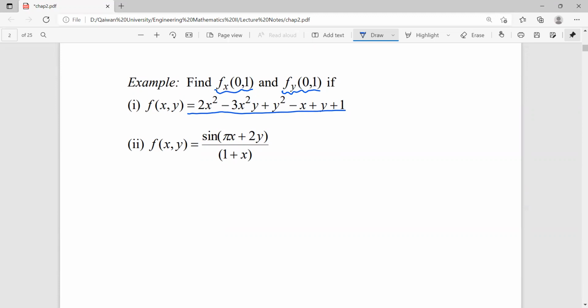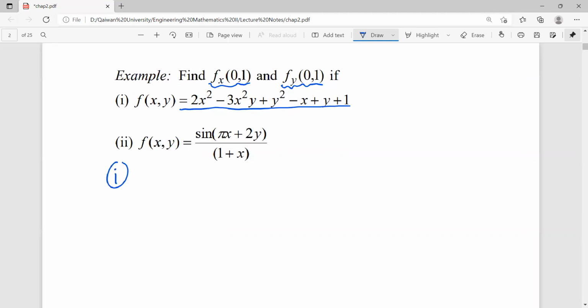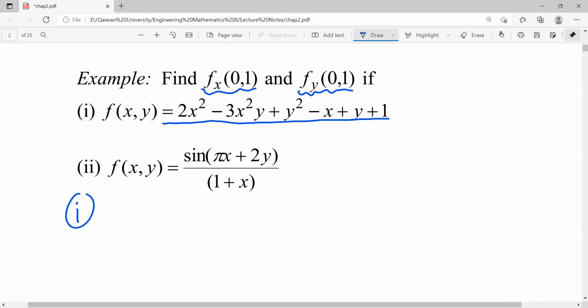As we said before, when we take the partial derivative of the function with respect to x, we treat y as constant. And for y, we treat x as a constant. So for the first one, this is the function. For this function, we are going to take f sub x and f sub y, and then we plug this point into the partial derivatives. We say f sub x of x, y